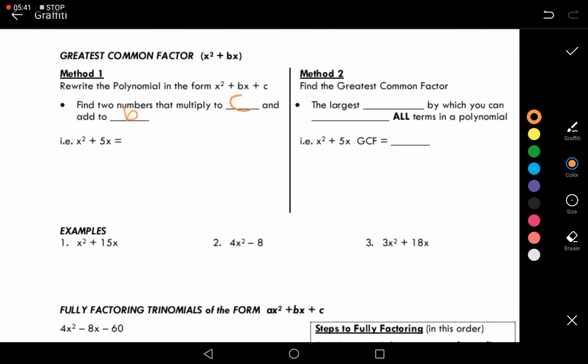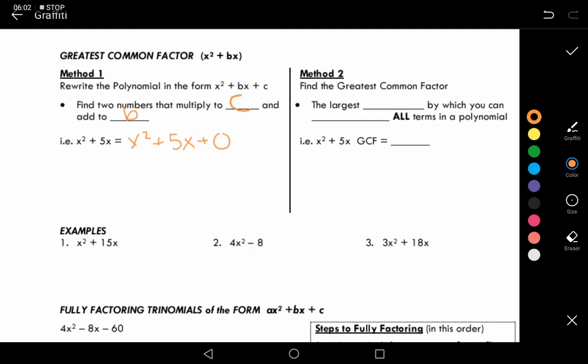Okay, and that's from that review. So if we were to do that here, we're going to take this binomial and write it in the form of a trinomial. So we know that that's going to be x squared plus 5x, and our c value, because we didn't have one, if we're putting one in, it has to be